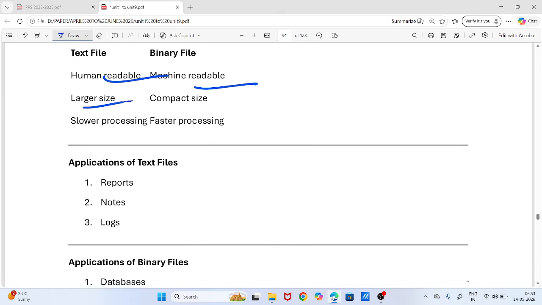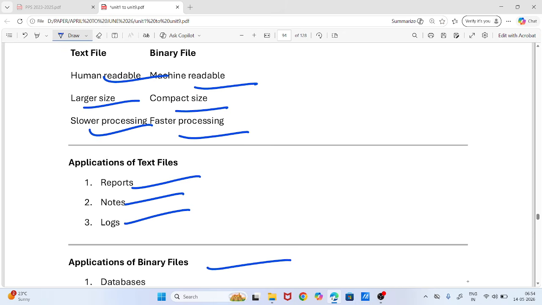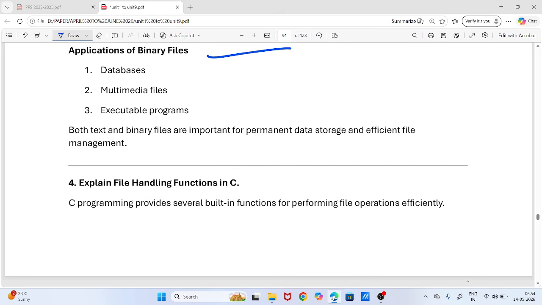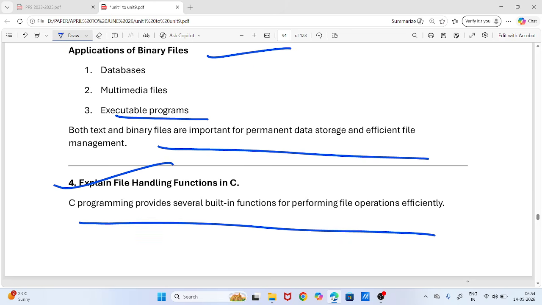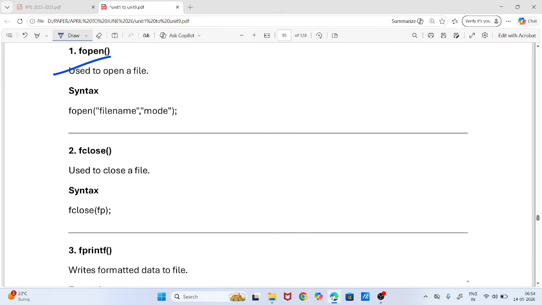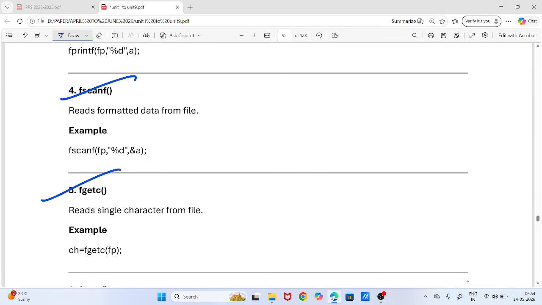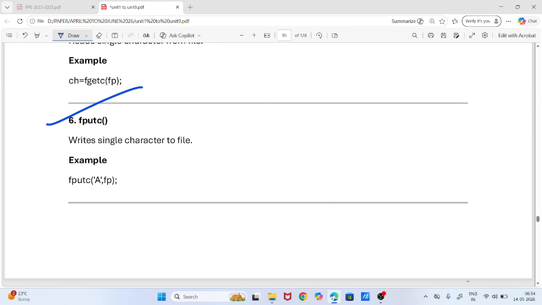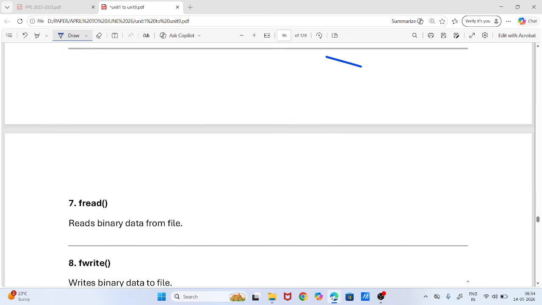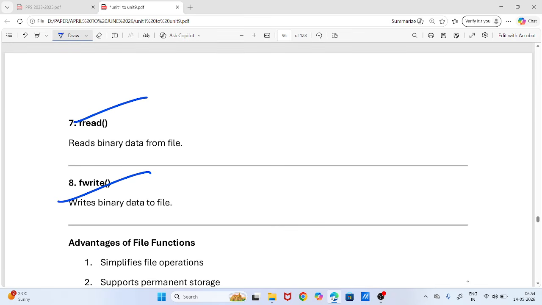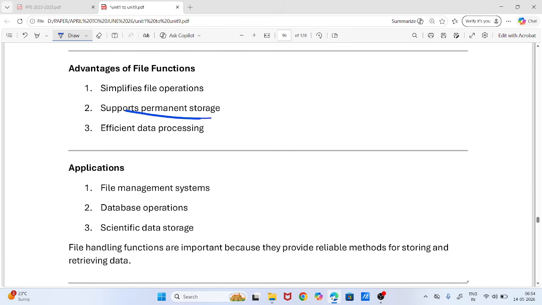Difference: text is human readable, binary is machine readable; text has larger size, binary has compact size; text is slower, binary is faster. Application of text files: reports, notes, and logs. Application of binary files: databases, multimedia, executable programs. Both are used for permanent data storage and efficient file management. File handling functions, which are inbuilt: fopen, fclose, fprintf, fscanf, fgetc, fputc, fread, fwrite. Advantages: simplify file operations, support permanent storage, efficient data processing, file management systems, database operations,